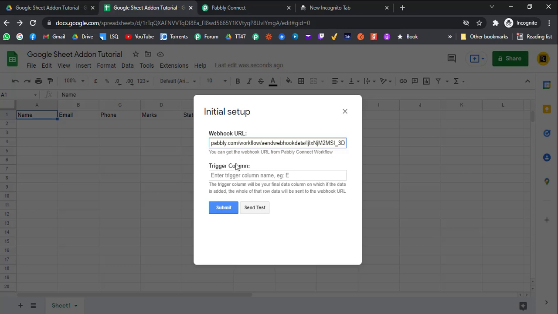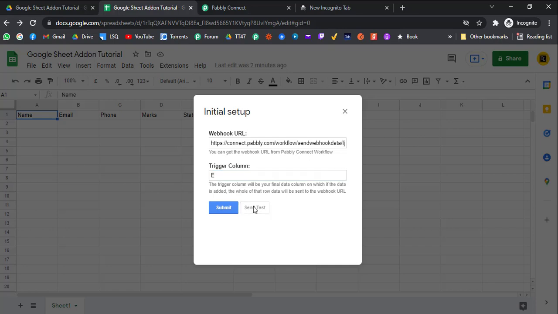Okay, so you need to make sure you always decide the column headers and the number of columns beforehand, and only then start setting up this particular thing. And in case you change anything, for example you add any column in between or something like that, make sure you set up the whole thing again. Okay, now for us the last column, which is the trigger column, is column E.